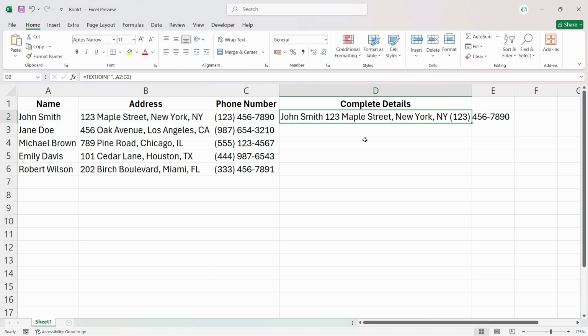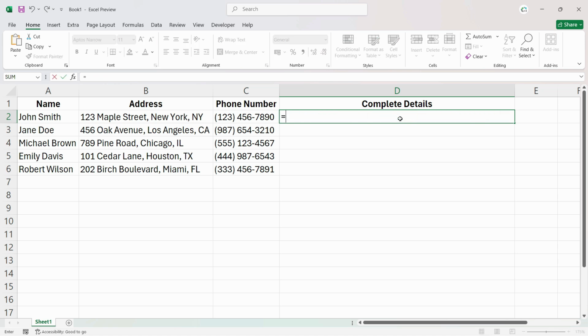So let's hit enter, and now you can see that it is mentioned here, but it's not looking proper because in this type of details what we want to do is we want to put an enter in between that, or a line break. So how we can insert that? Let's see. So what we will do is just select the cells here and write an and sign, and just remember this character function. Character number 10 is for space and the second cell, and then we want to join it to a space or a line break